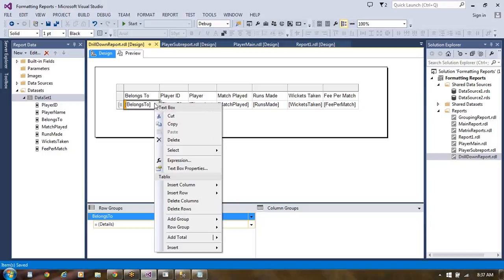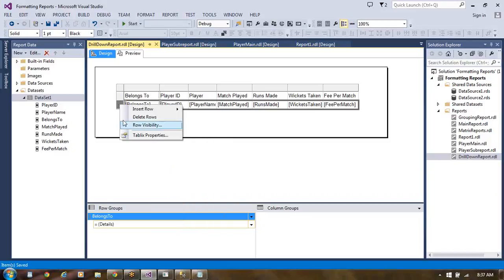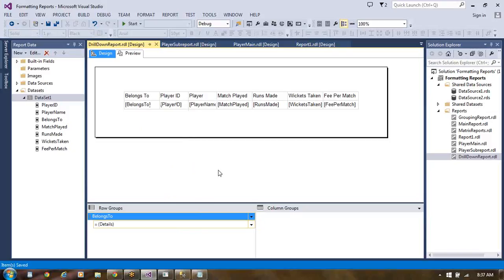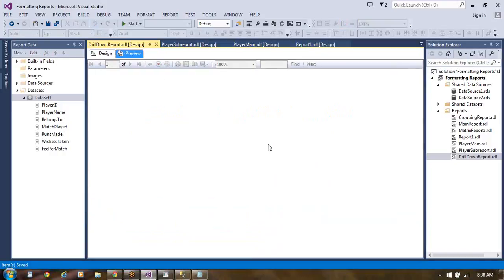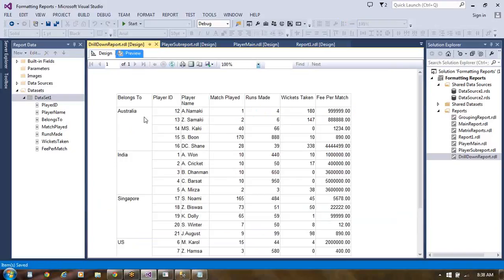Okay, here in this we made it this manner. Go with the preview to see how it looks. See, we are getting like this here. Australia, India, like this we are getting the data. Belongs to we have taken: Australia, India.